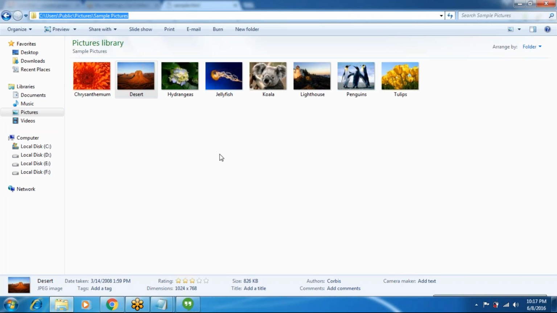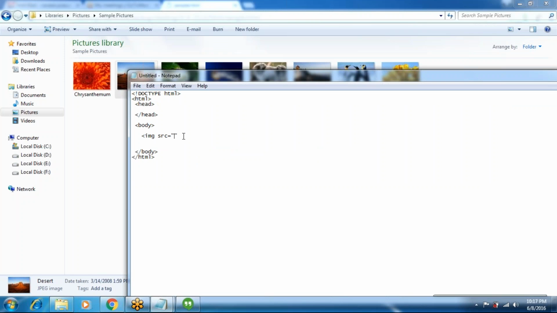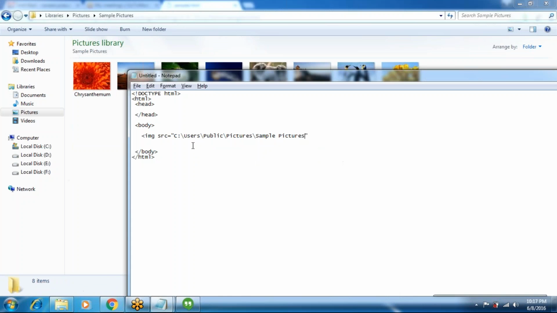Copy this URL path and paste it here, and copy this image name also, and a slash, image name dot, the image type also JPG, and after that